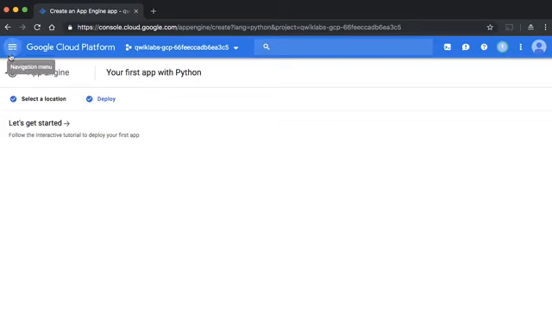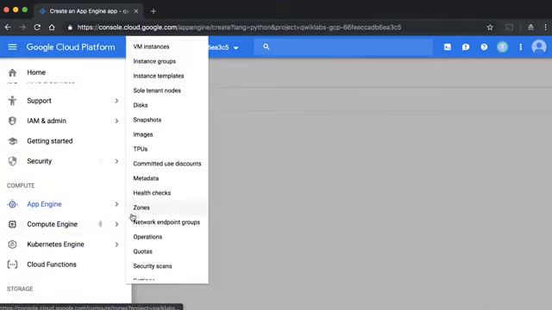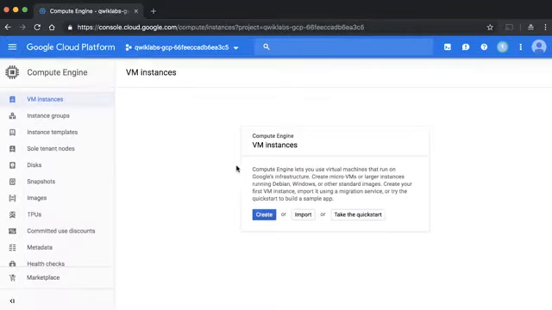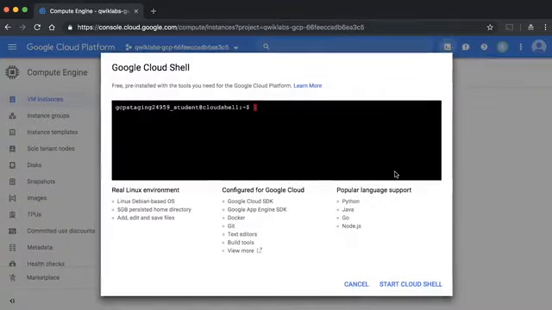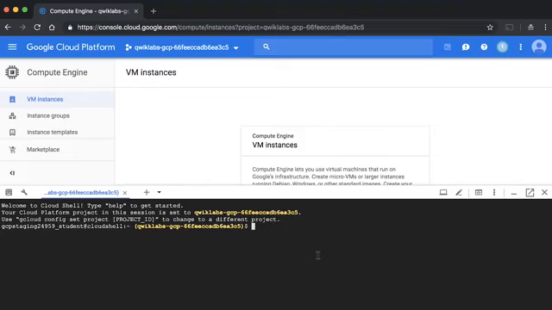The next piece that we need to do is create a Cloud Datalab instance. So when we go to Compute Engine, we see that right now there are no VM instances. So we will need to create one that will serve as the Datalab instance. So I went to Cloud Shell, and I can click Start Cloud Shell. The first thing I will do is make sure that my environment variable for Google Cloud Project is set correctly.